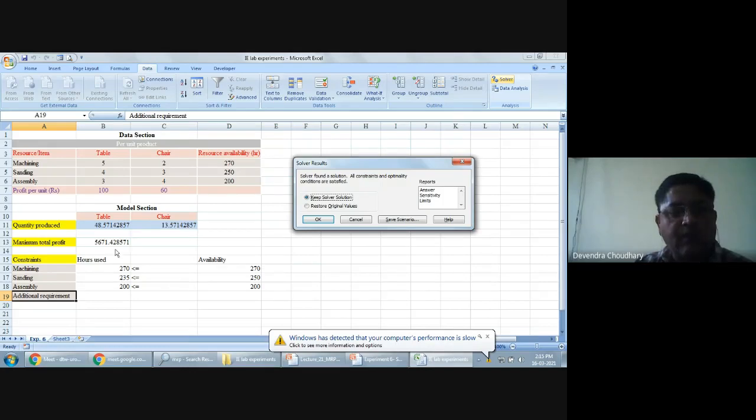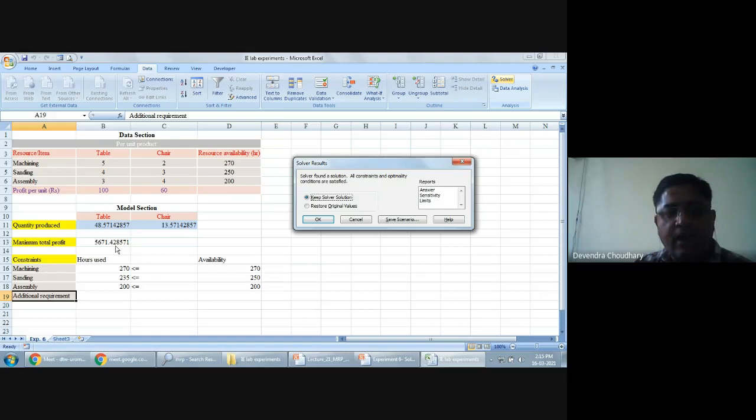But you may have a question in your mind: how can we make these tables and chairs in decimals? That this should be in integers. Yes.